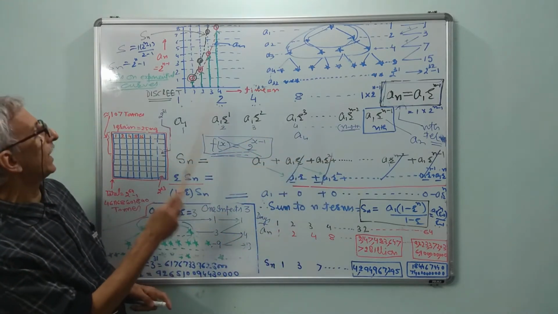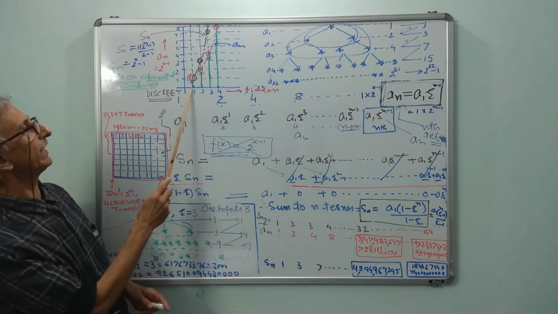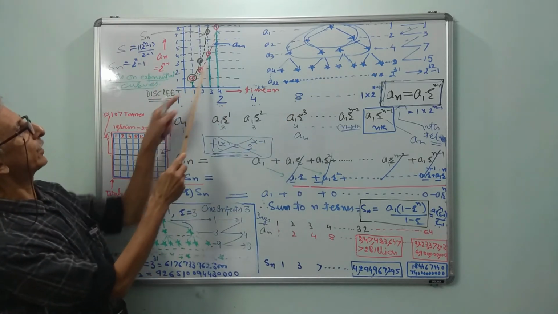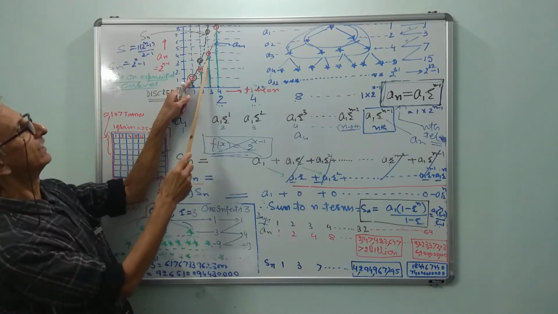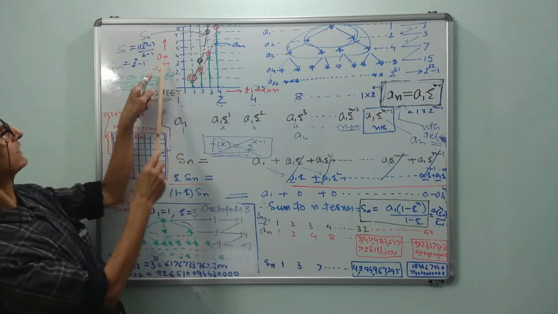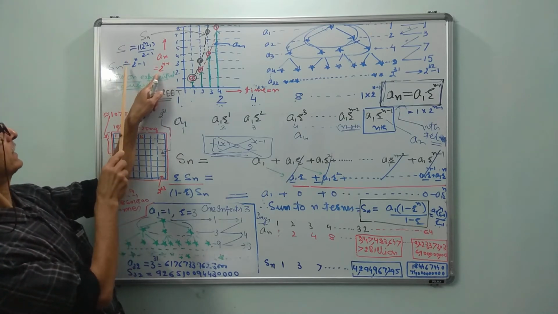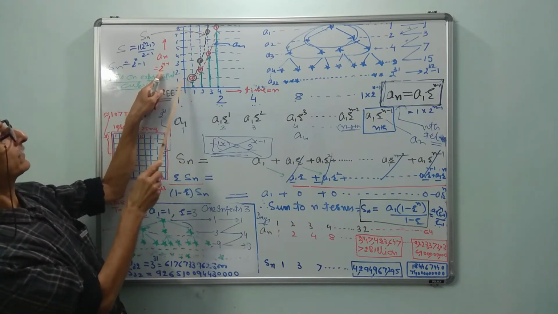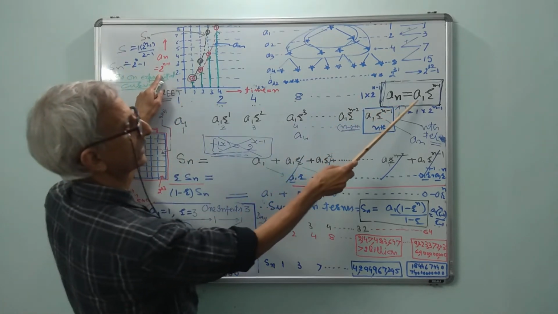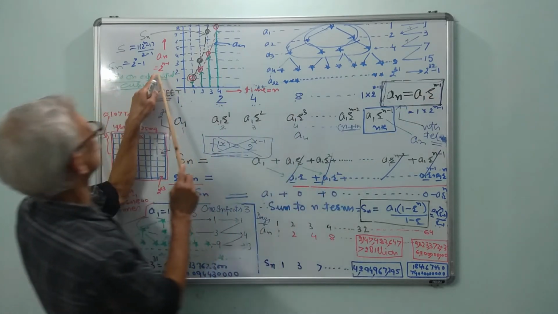So if I plot a graph now, you see, for this particular case, one day, first day, I am taking this graph as the nth term and this graph as the sum to n terms. The nth term graph is a_n = 2^(n-1). Why? Because a is 1, a1 is 1, r is 2, 2 power n minus 1.